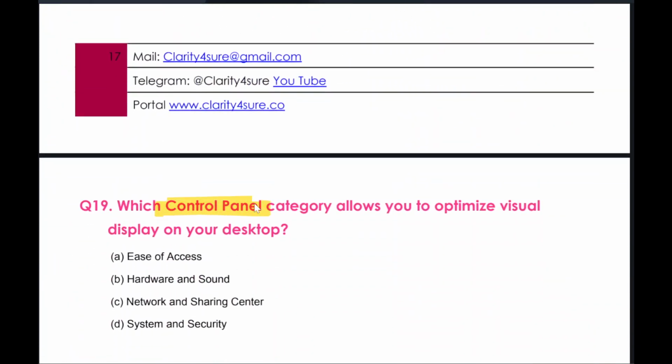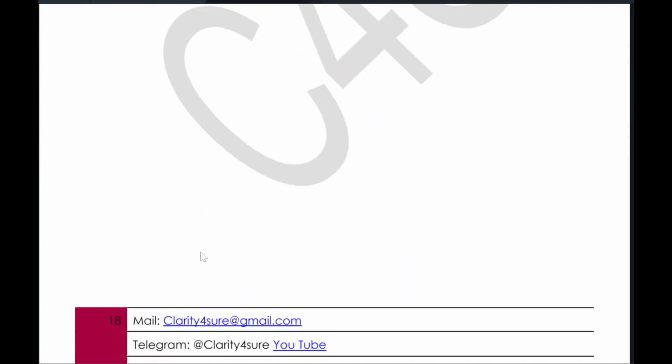Which control panel category allows you to optimize visual display? It allows you to optimize the visual display of your desktop, so it is Ease of Access. You can see here